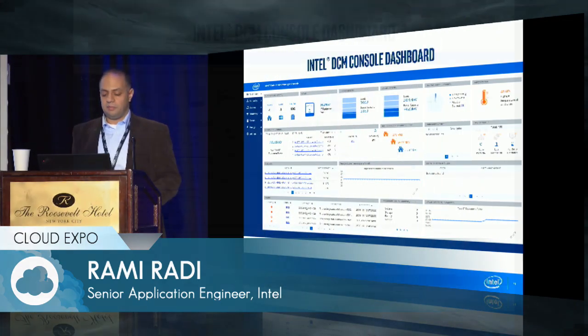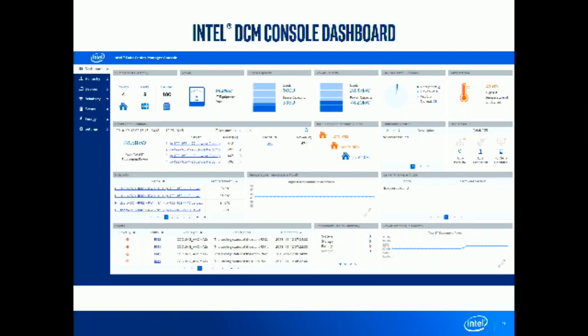So very quickly, let me show you a screenshot of how the DCM console looks. This, again, could be deployed in a virtual environment or on a dedicated node in your data center. You'll see a group of gadgets on your dashboard once you log in. It will quickly show you how your data center is looking in terms of the number of systems it contains, the total power consumption that it's using, how much power budget is left, other things like